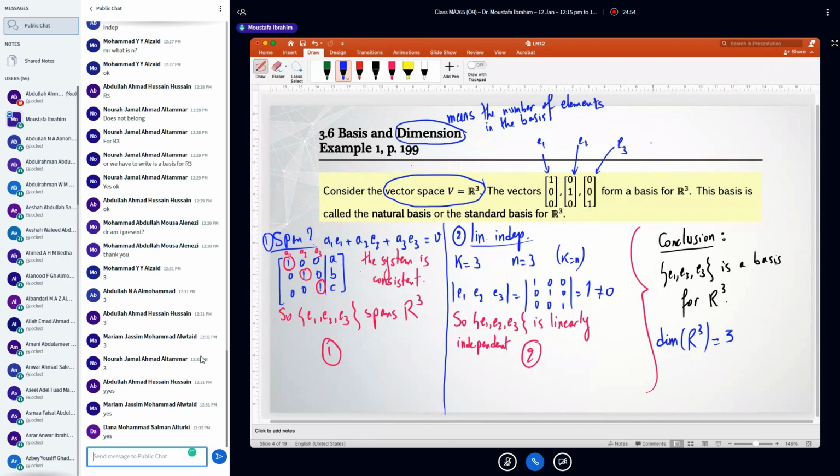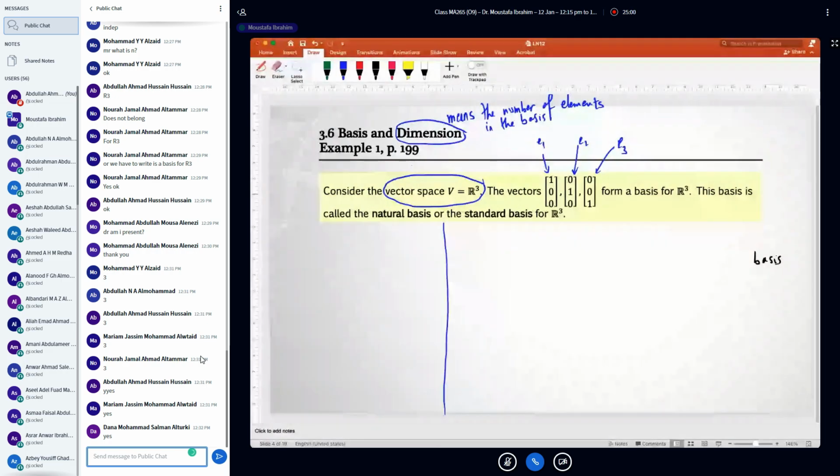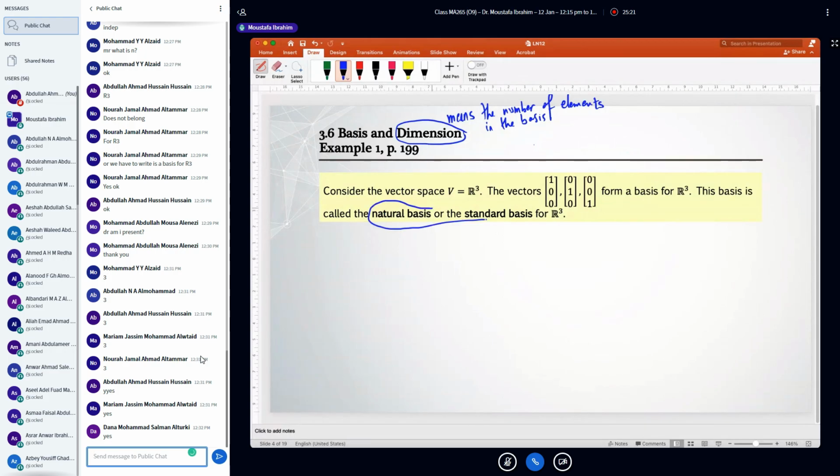Okay, let's erase. Here we can keep it, no problem. So guys, here we have natural basis. E1, E2, E3, we call it natural basis or standard basis of R3. No problem. So in general,